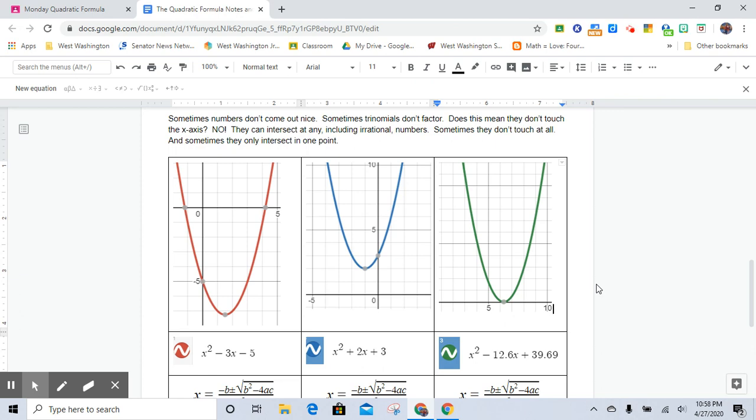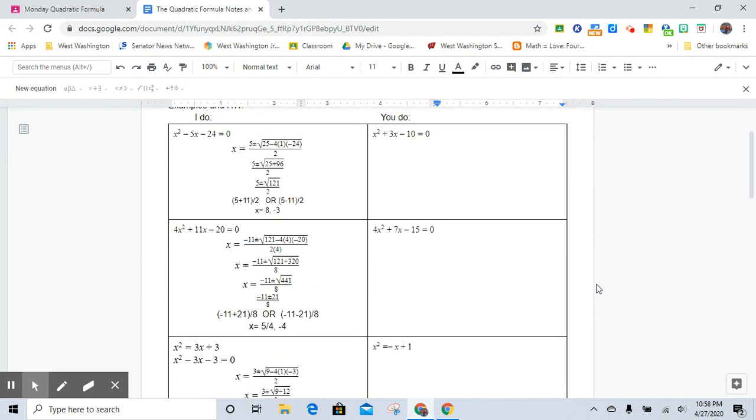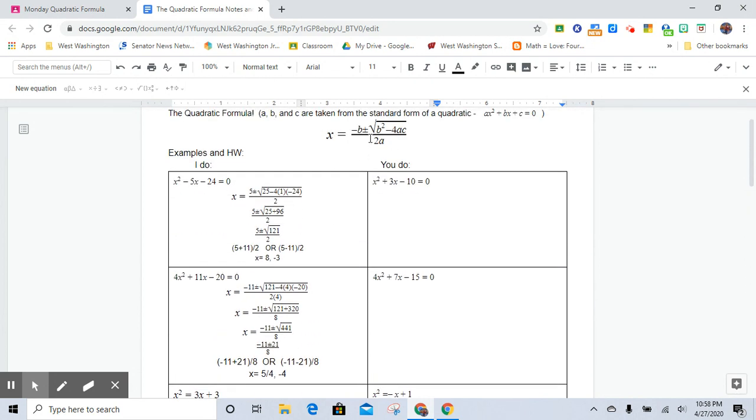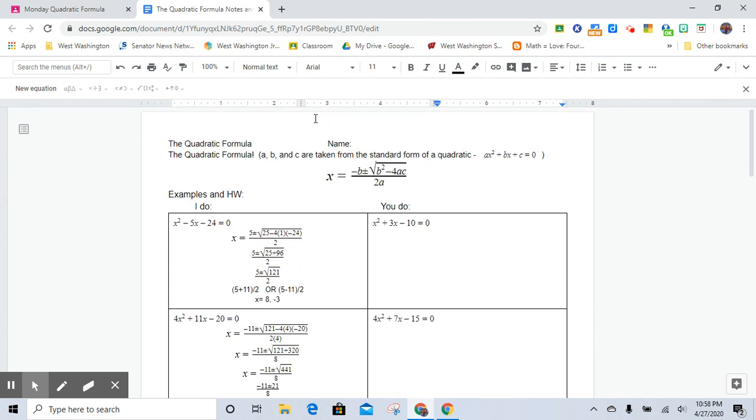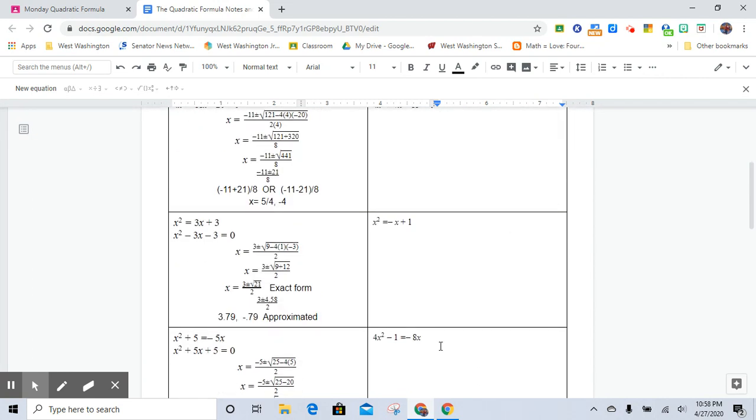Hey, Algebra 1. So yesterday we talked about these problems up here. We used several examples looking at the quadratic formula. And so what we're going to do today is we are only going to see some more examples. So if you did not have enough time or you spent a whole lot of time yesterday, because I realized